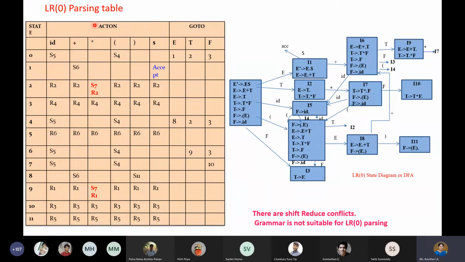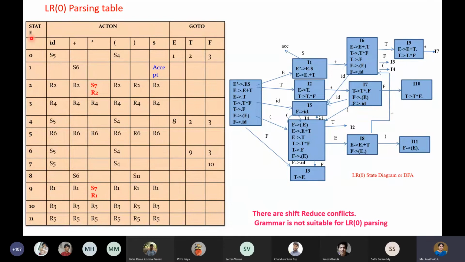Okay. And also you can see the separation between this and this. For the non-terminals, we use some procedure called go to. Later I will explain. And for all other terminals, what we do is, either we apply the shift action or the reduce action or accept. Or if it is blank, it is error. So action means what? Either you will be applying shift action or reduce action or accept or error. So these are the possibilities.